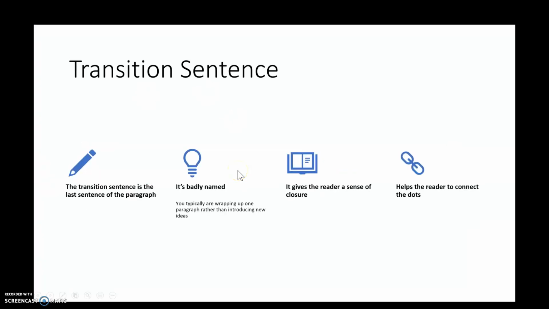And then your transition sentence is the last sentence of the paragraph. It is badly named. You're not actually providing a transition to the next paragraph, because normally you'd have more than one paragraph in a piece of writing, right? So what a lot of students do is they try to use it to connect one paragraph to the next. And yes, you can do that, but that takes a lot of practice and a lot of skill to be able to do well. Really more your transition sentence is just summing up, putting a bow on the end of your paragraph,